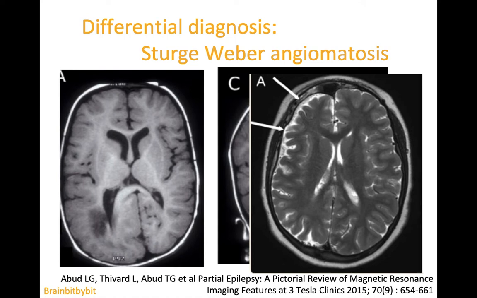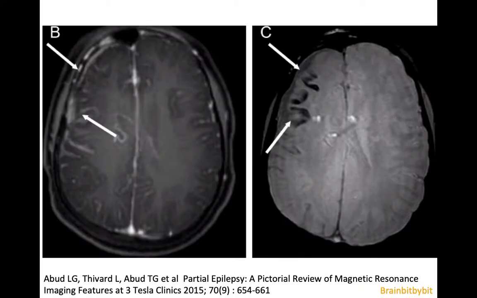The other disease, where the smaller hemisphere is the abnormal one, is Sturge Weber angiomatosis, in which patients have epilepsy and a wine stain in the face. There is pial angiomatosis, which is best seen on post-contrast T1 weighted images and also on gradient or susceptibility weighted images. And because of this pial angiomatosis with abnormal cortical veins, there's chronic venous ischemia leading to gliosis of the